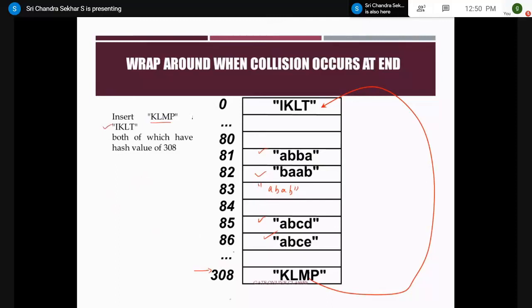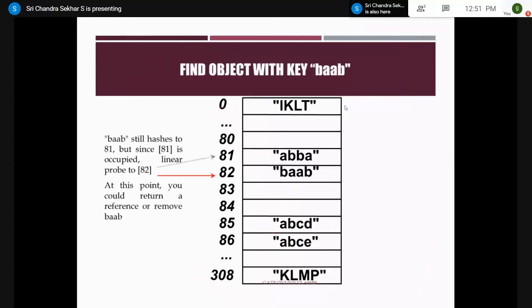Assume that IKLT is also indexed to 308, this is just an example. So according to linear probing, you have to search the next element, but there is no next element here. But I told you that it is a wraparound concept. Therefore, after the last element, the next element to be probed is the first element, the 0th index. Therefore, IKLT is stored in the 0th index, right? I think you are clear about this linear probing.